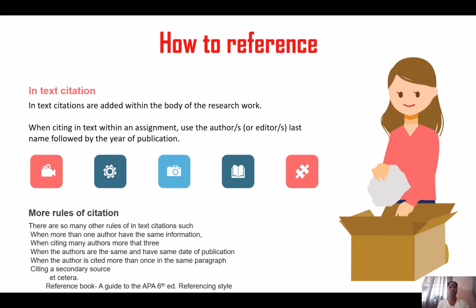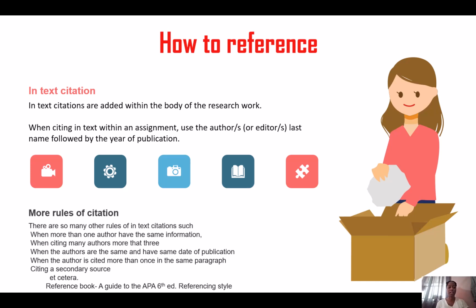publication. When I say last name, it depends on where you're coming from. There are people who have last names according to their clans. In our place, it's very much more understandable. A surname is different from a first name. But when you go to the land of the whites, you will find that they have two English names, but one is a last name and another one is a first name, and it's hard to differentiate. But the last name is sometimes a family name, and we can also call it the surname. So when you're citing in text, use the author's last name or the surname followed by the year